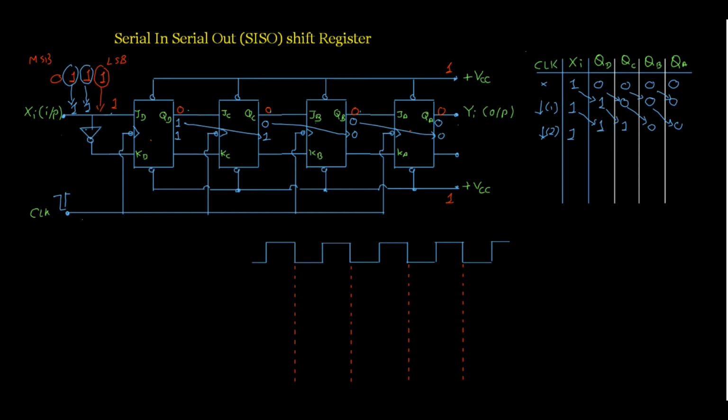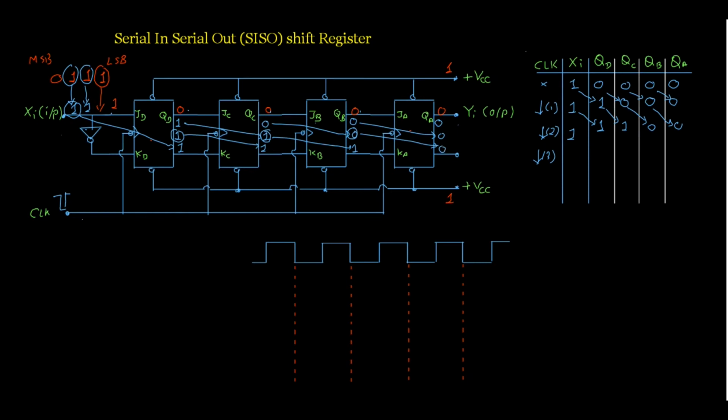Now when the third clock pulse is applied, that is, at the negative edge of the third clock pulse, this one of QD will be transferred to QC. This one of QC will be transferred to QB with this negative edge,